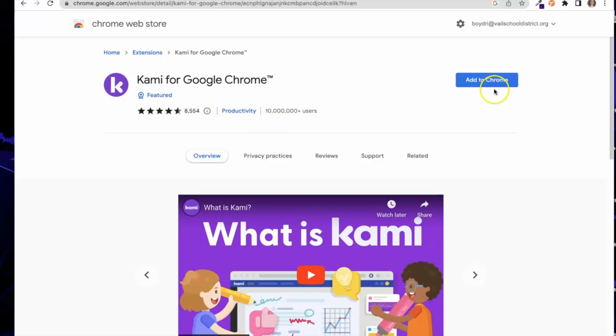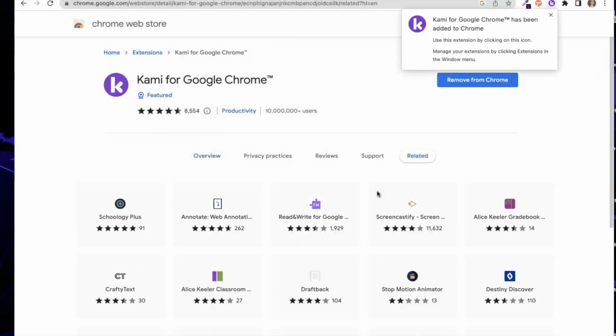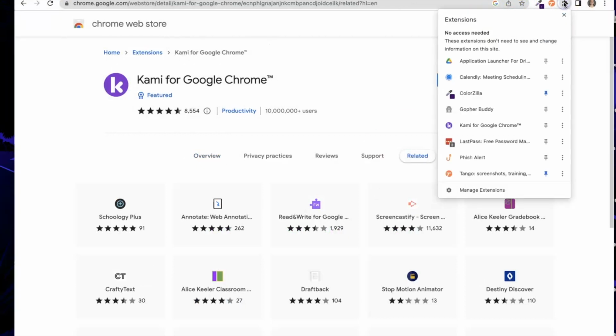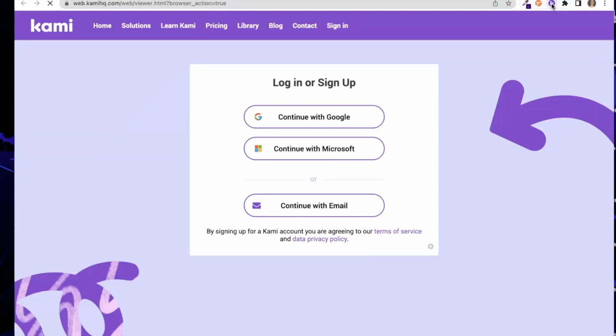So when you get to this page, all you have to do is click Add to Chrome and add the extension. It is pinned for me because I've used it before, but if you don't see it right away, you can click on the puzzle piece and then click on Kami for Chrome. Now you'll notice that it exists in my toolbar, and when I click on it, it will take me to